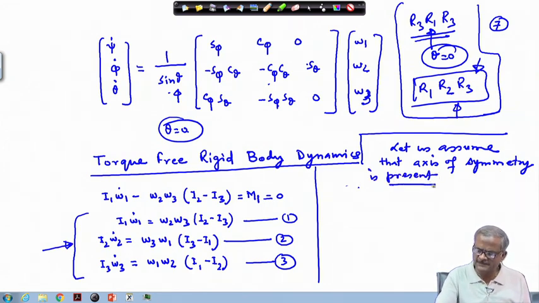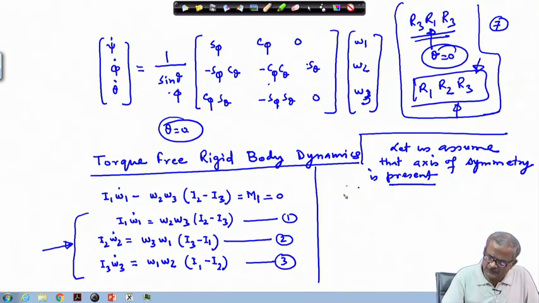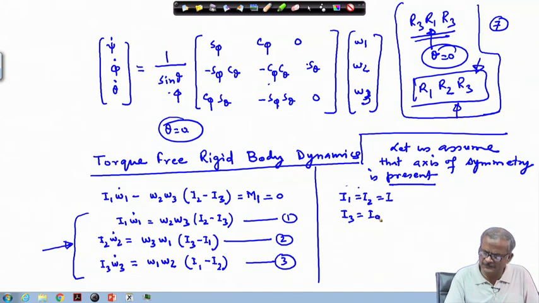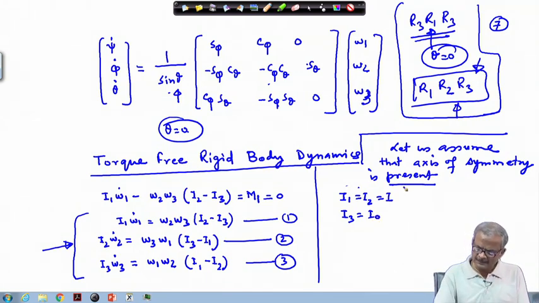Because that simplifies this case quite a lot, and it makes it easy to handle. If it is a non-symmetric case, it will be complicated, and you will not be able to get any picture from it. So what we assume here is that I1 equal to I2, which we write as I, and I3 we write as I0, and therefore our equation of motion gets reduced, if we insert here,